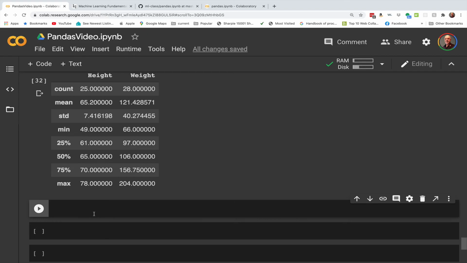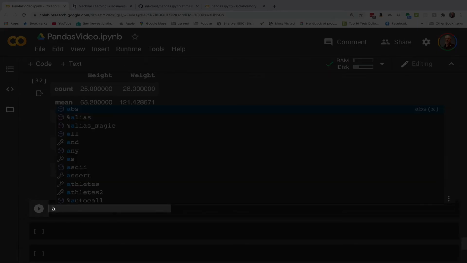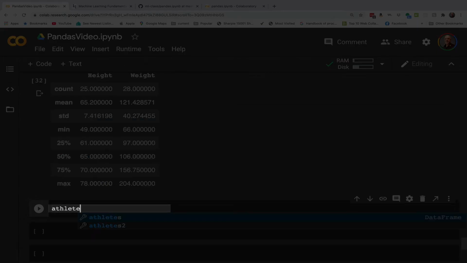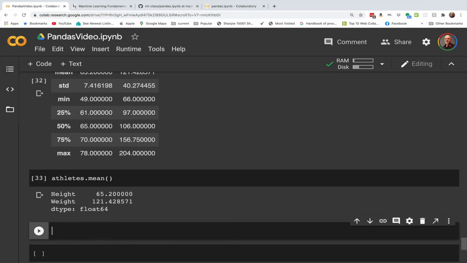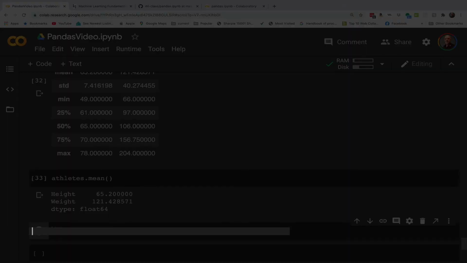That's the general statistic. We can give it a very specific one. We can say what the mean is of the height and weight of all the athletes. We can just ask it. We can get the summary statistic for a specific case. Like, let's say I want